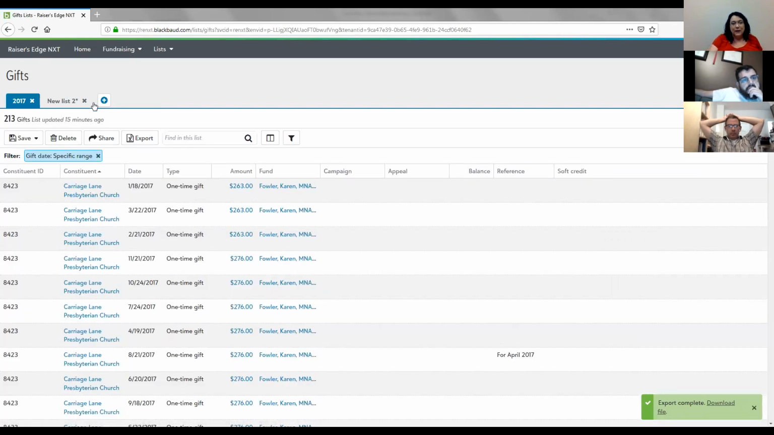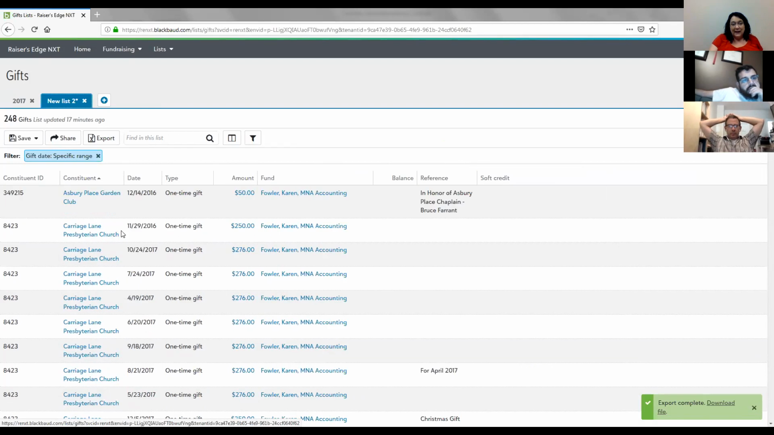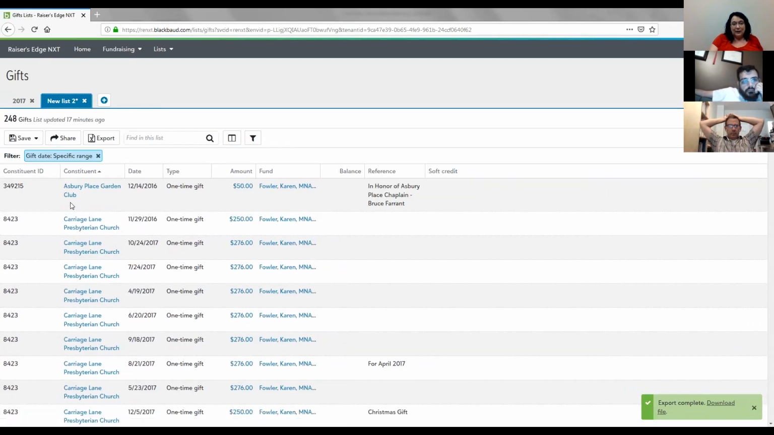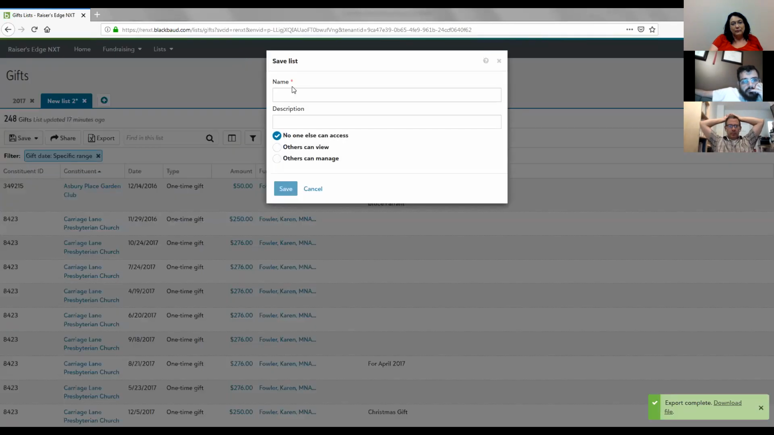Now, the one that I've set up today was just a certain date range. I don't even remember what it was, 11/21, I think. So I can click Save, Save a New List, and I can date it. I can date it what I want to date it, so I can look at it tomorrow